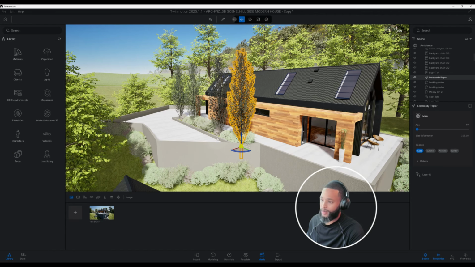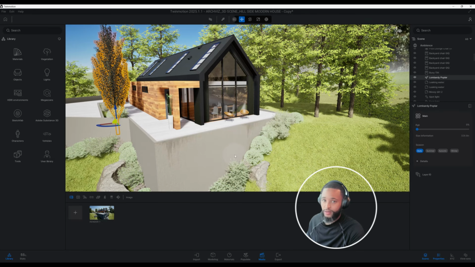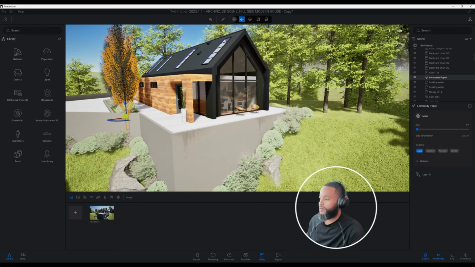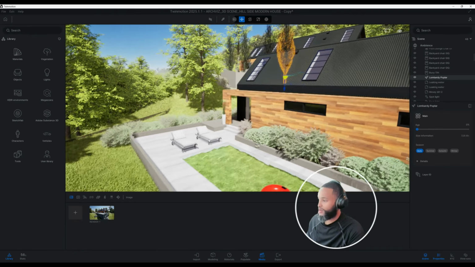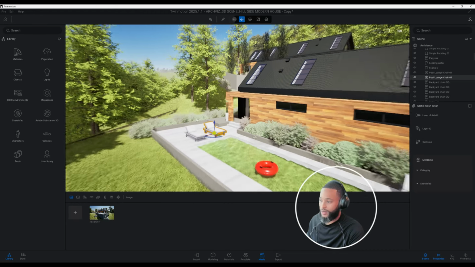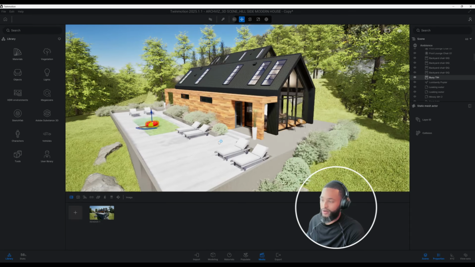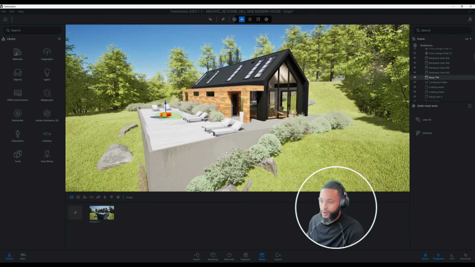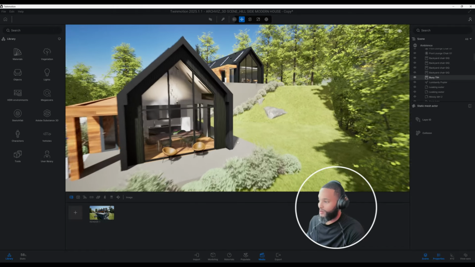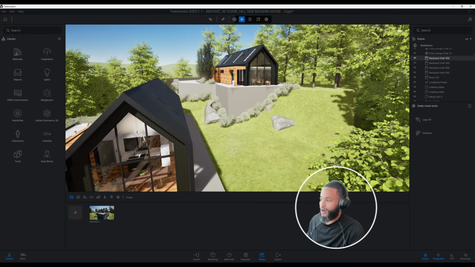So you can use a variety of different 3D assets from Megascans, from SketchUp, even from Twinmotion itself to help build your scene all together. Some of these assets also came from SketchUp and some from Twinmotion. So there's a variety of different assets and elements that I use to create this scene, and the furniture as well is from Twinmotion. So now that I gave you a little bit of a tour of how I created this scene,